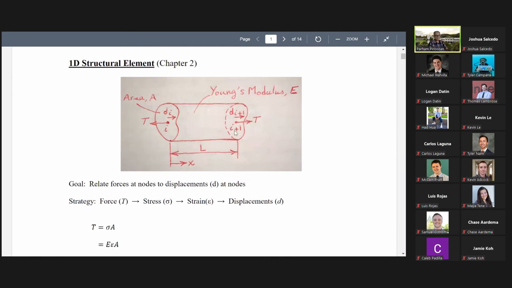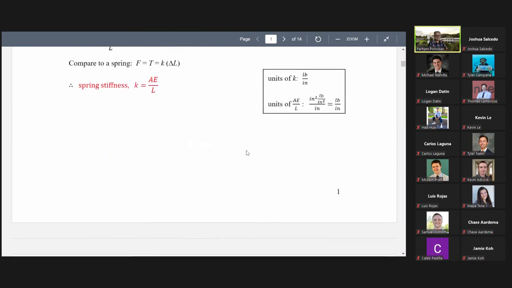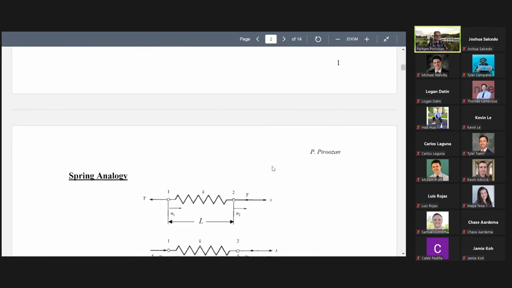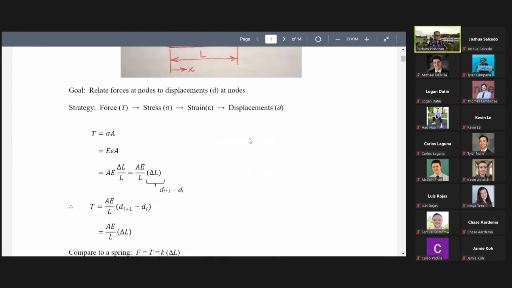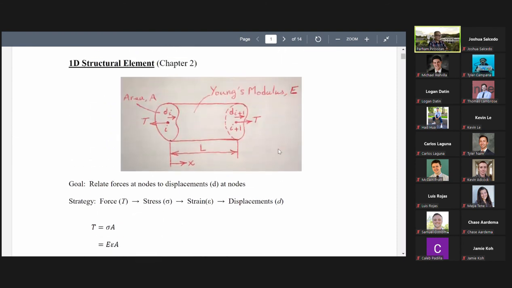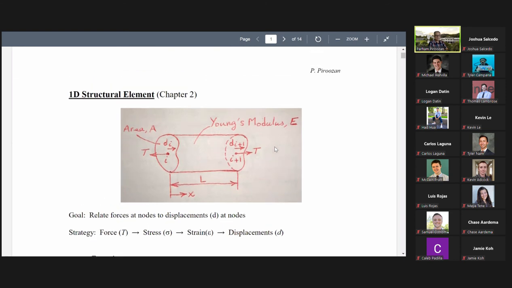We are going to use a spring analogy, treat it as a spring, and write the formulas for this, and then derive the element stiffness matrix for a spring element, and then solve an example problem and review matrix algebra on Monday next week. So that would be our plan